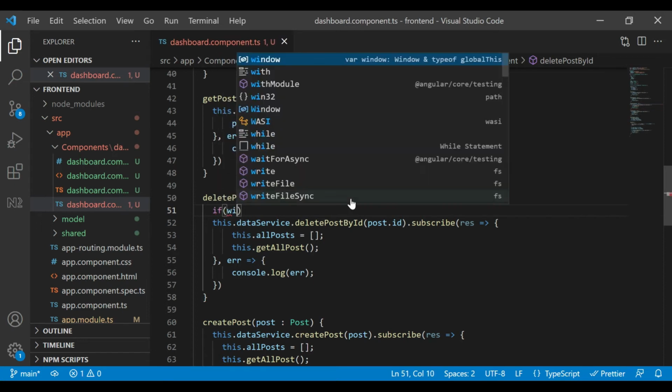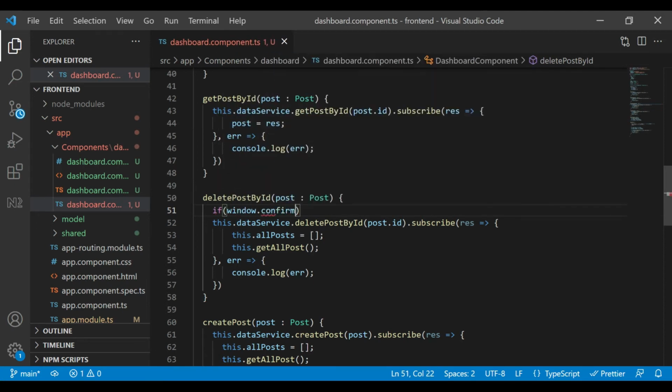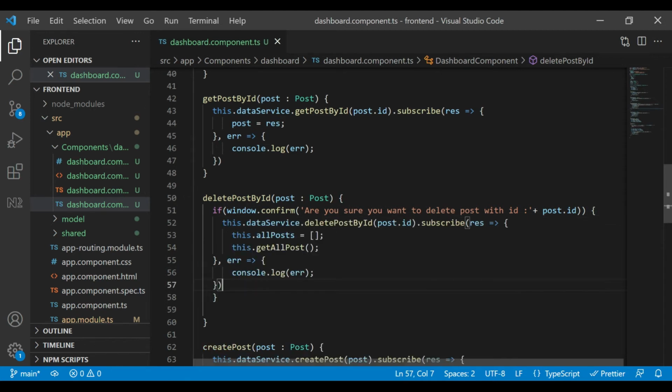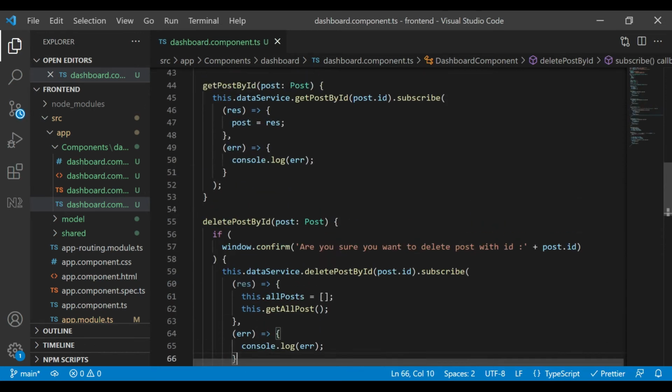now inside delete post by id also we are going to check if the user really wants to delete that particular post. So for that we are going to ask for confirmation. So inside if we are writing code like window.confirm, are you sure you want to delete this post, and we are going to assign the name title of that post. Sorry, we are going to assign id there, and if the user confirms it then we are going to delete that post, otherwise we will skip that. Okay,